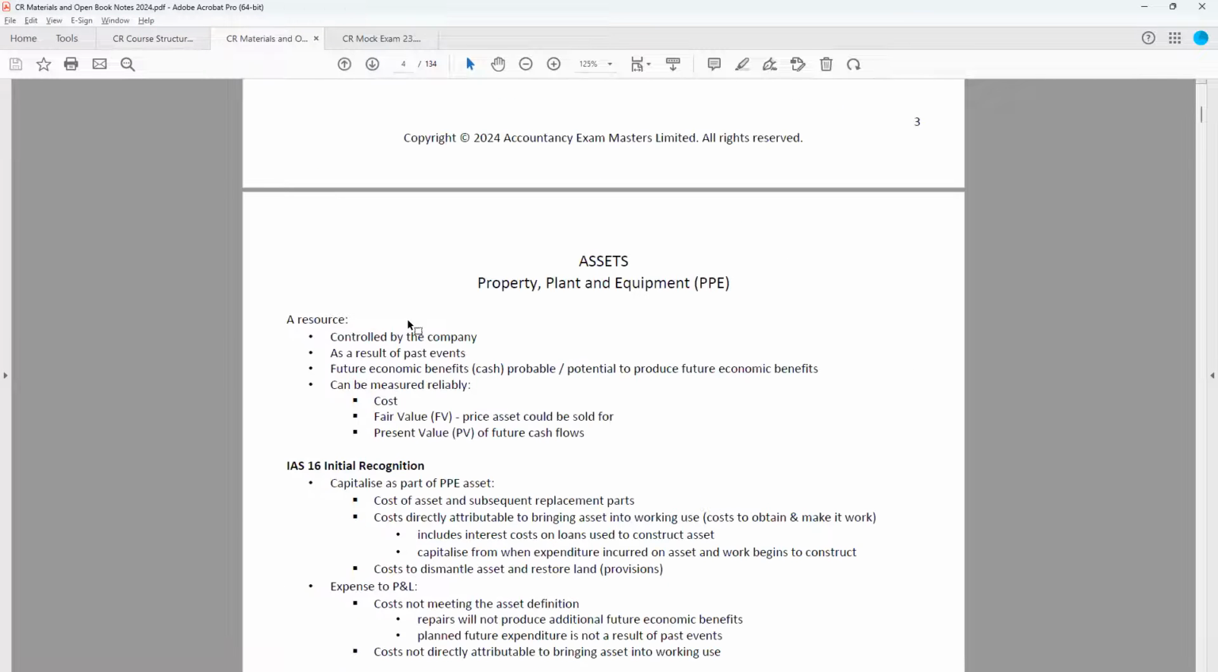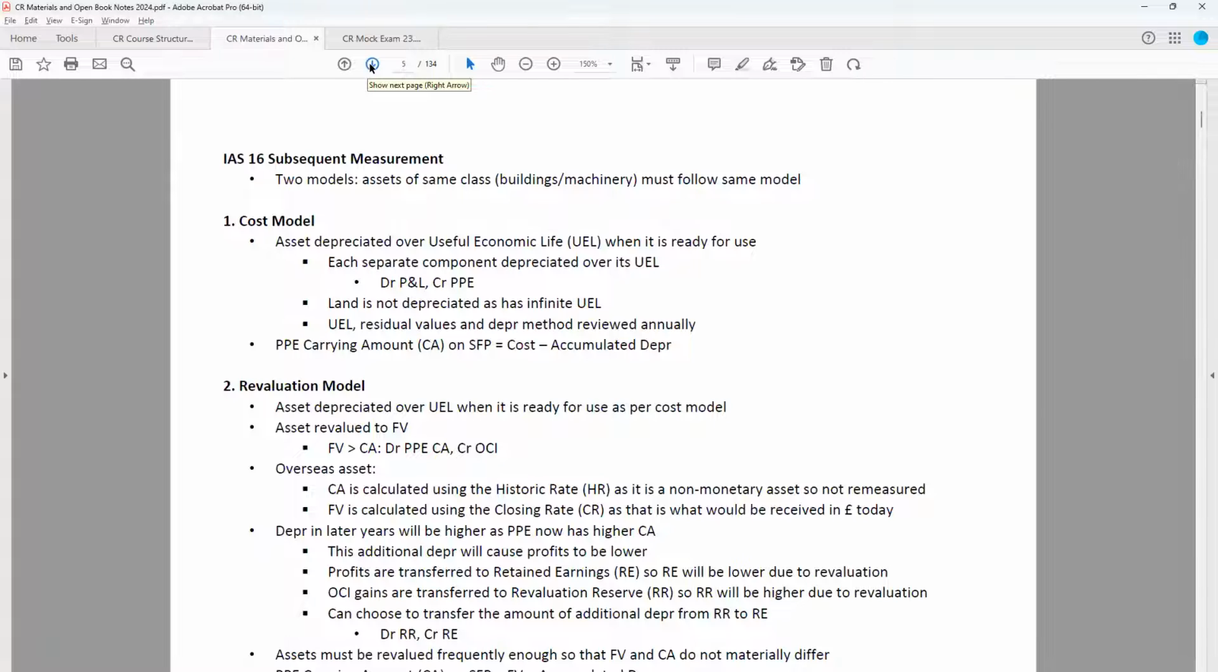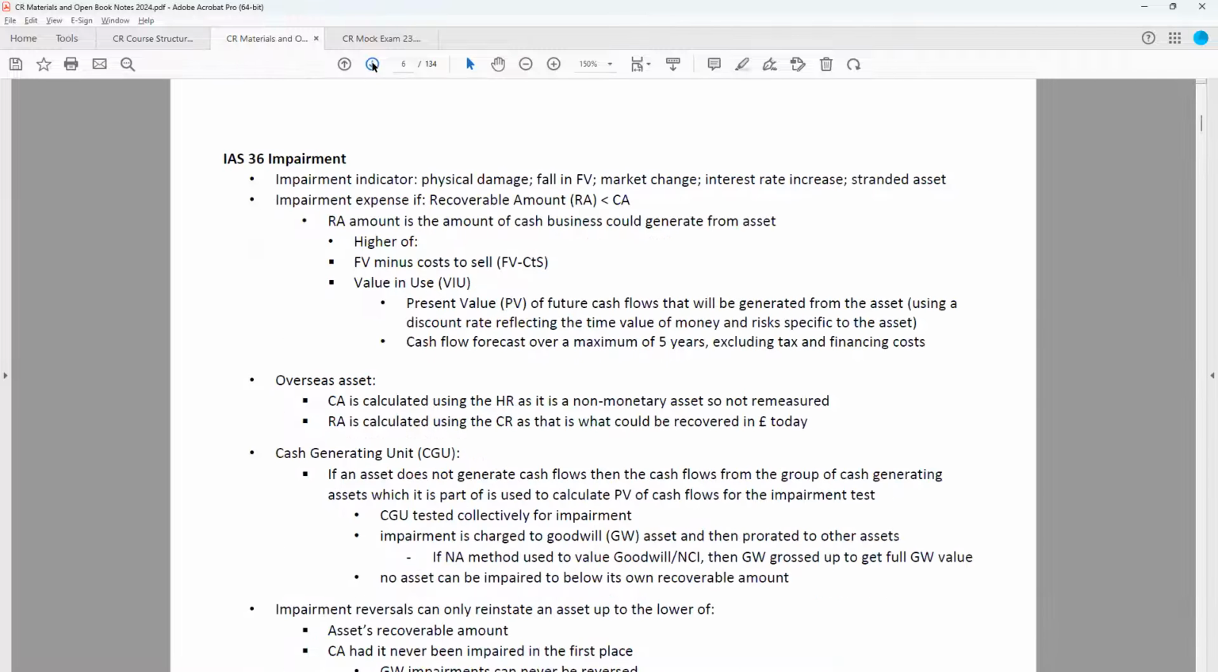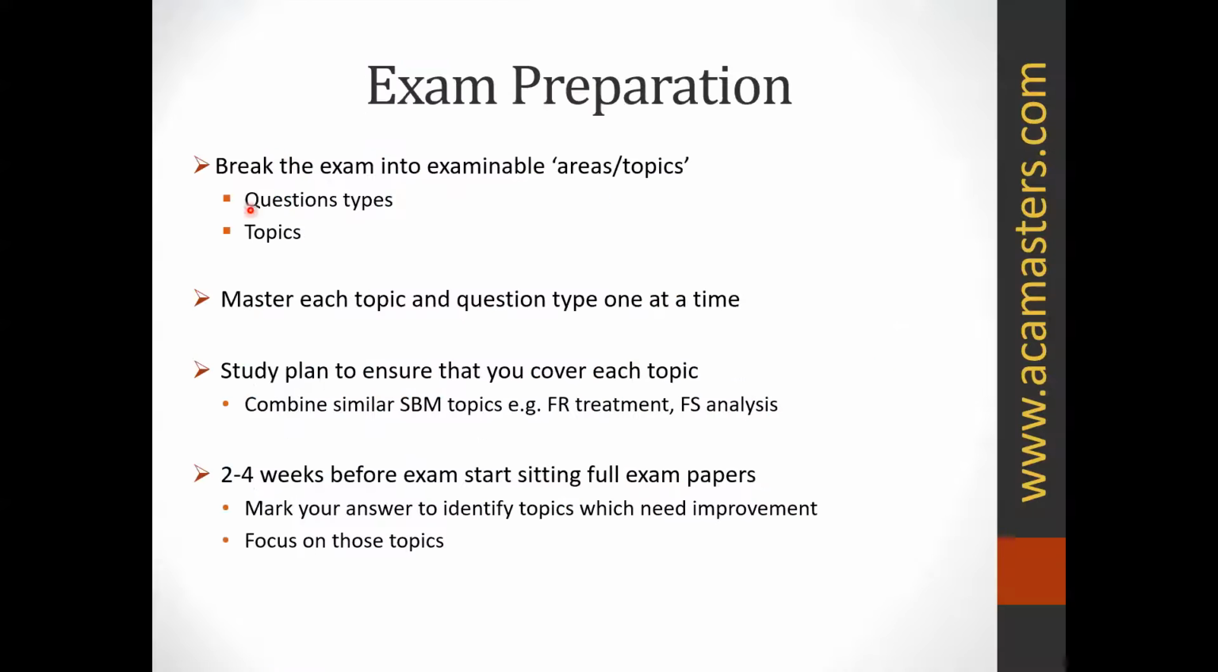So for example, with assets, you can make sure that you've understood the key technical content, like initial recognition and subsequent measurement, the different models, cost versus revaluation model, then come on further into an asset's life and it might become impaired, could then be held for sale, etc. So making sure that you understood all of that key technical content, but most importantly, then going away and practicing